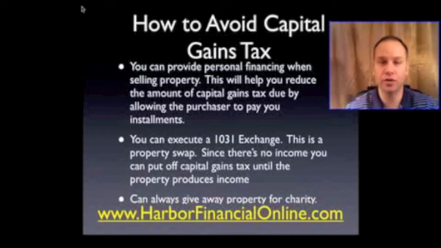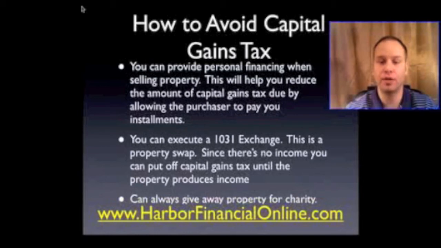So if you have a house and it's a land contract over 20 years, you're spreading that out. You don't pay tax on your primary home, but if you have, say, a vacation home or something like that, and you sell that right away and a bank finances it, you're going to pay tax on that full amount. But if you provide the financing to someone else, then that gets spread out and your capital gains will get spread out.